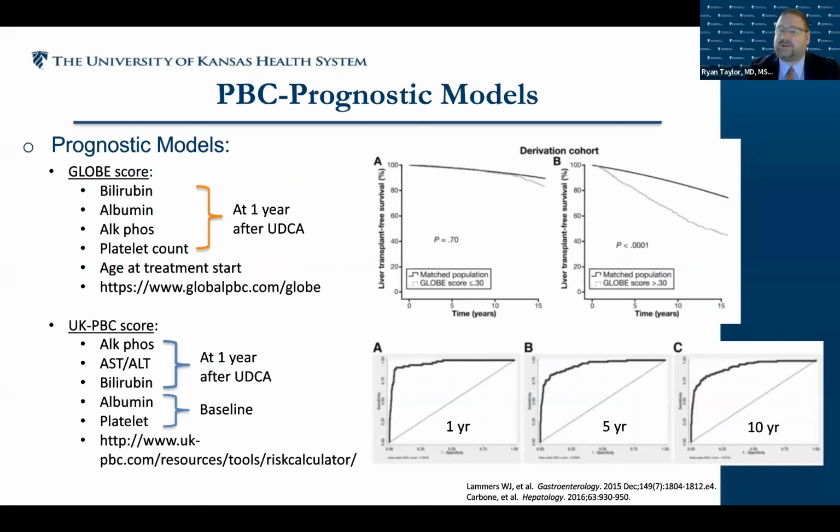So there are two models that we use to identify the prognosis of these patients. I put this up here just to show the things that we really track and pay attention to in following these patients over the years. The main components of the blood work, with the bilirubin, albumin, alkaline phosphatase, and platelet count, are really the key factors that we look at. And there's two models that can be looked at online. You plug in the variables and it can help you see what the overall prognosis and direction your patient may be going, and follow these patients.